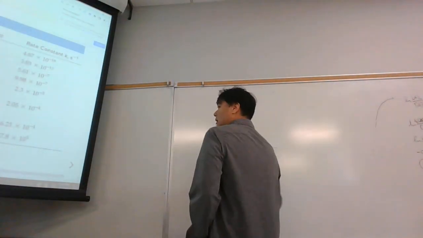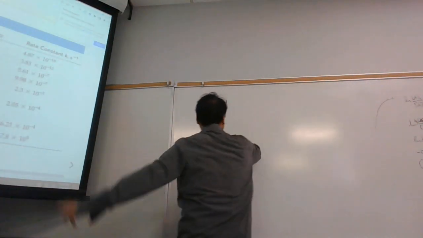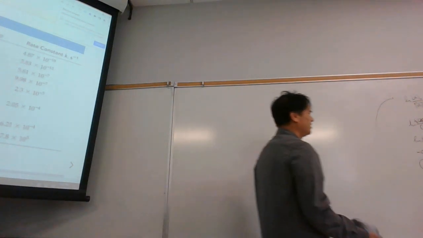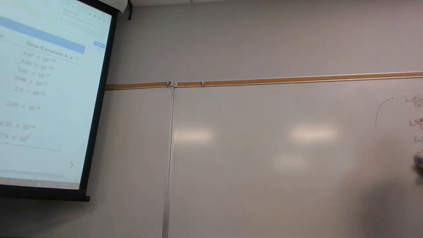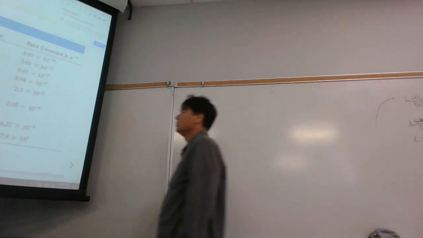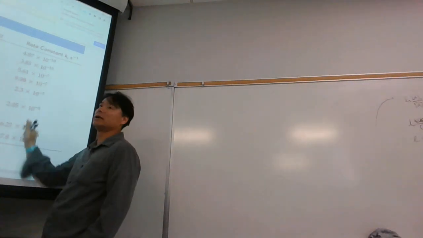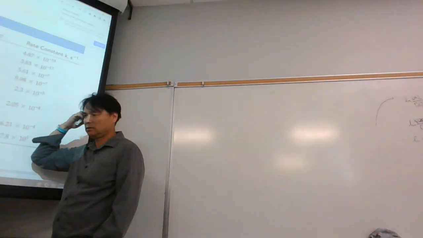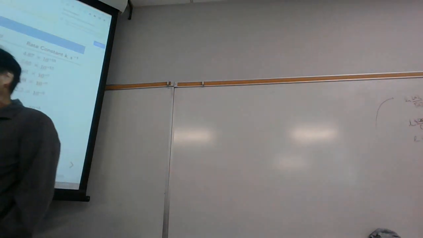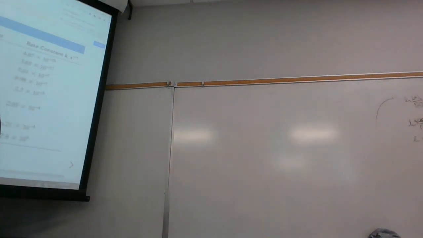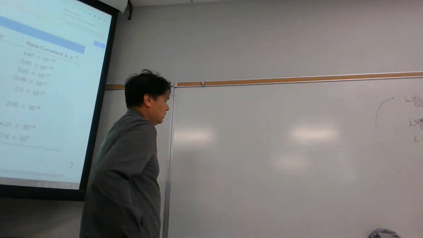Anyway, that's just for first order. For second order and zero order, it makes no sense to characterize reactions based on half-life. So for zero and second order, we use k to characterize the rate of the reaction here. Okay, the next way of determining this is